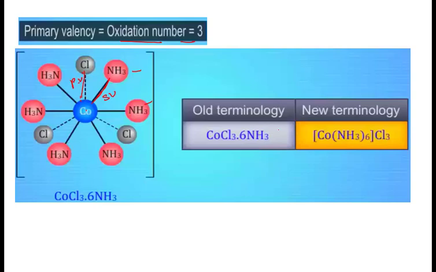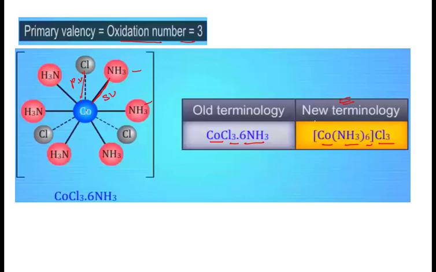So in old terminology, the compound was represented like this, CoCl3.6NH3. But now, in the new concept, the compound is represented as square bracket Co(NH3)6, square bracket close, and then